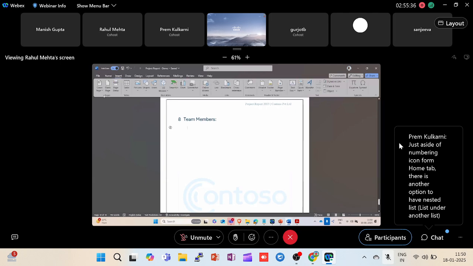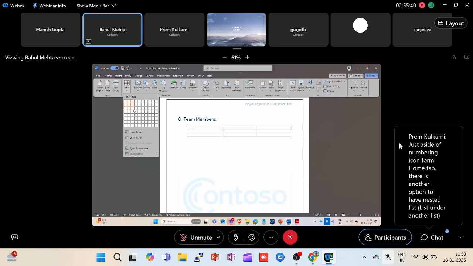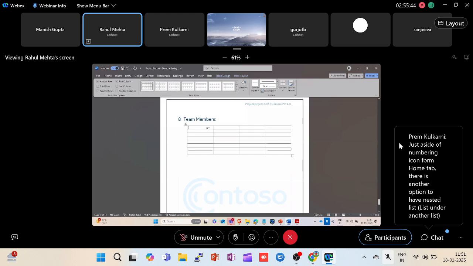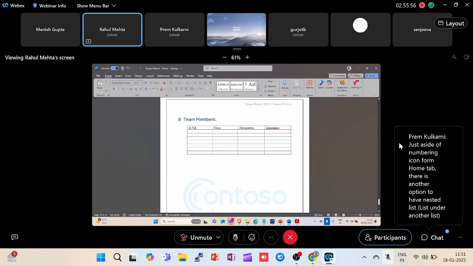Now, how can we insert a table? Go to the table, and let's say name of team member, designation, and let's say experience year. Right. Okay. We always should have